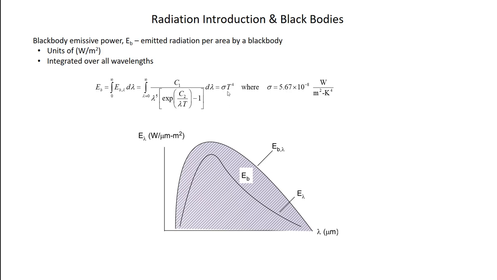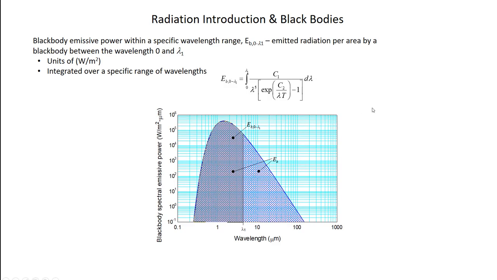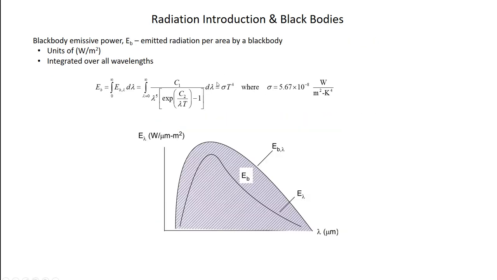And the T to the fourth again emphasizes how the amount of radiation emitted is a very strong function of temperature. All right, this integral where you're going from lambda equals 0 to infinity ends up being this very simple formula, sigma T to the fourth. If you don't want to integrate all the way from 0 to infinity,